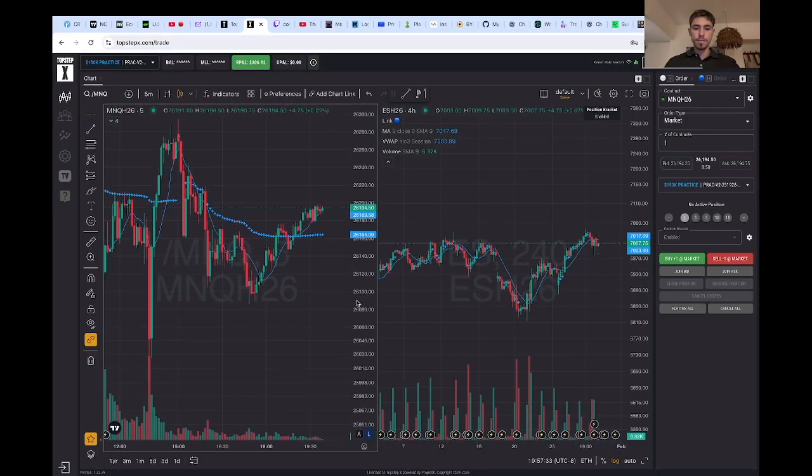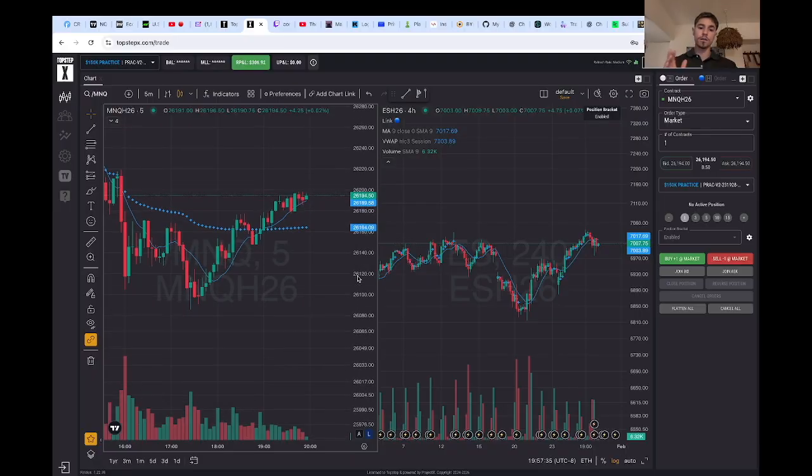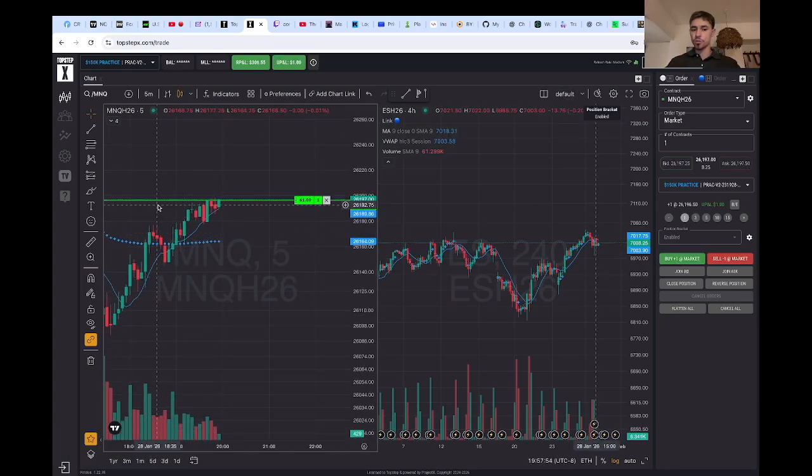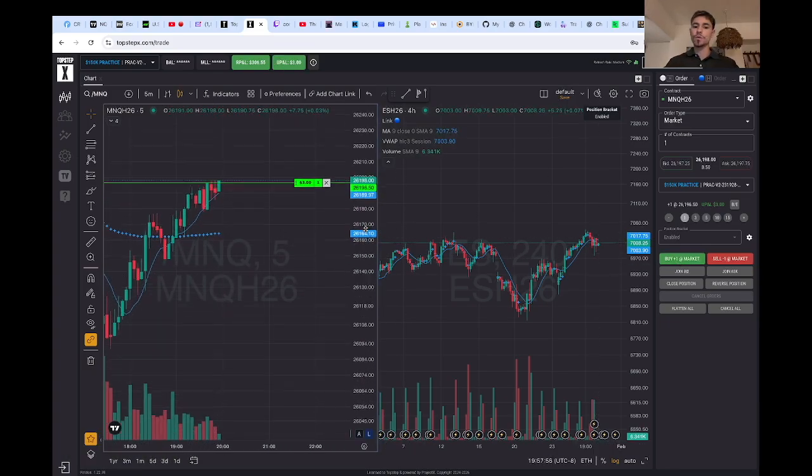Let's say I want to enter longs. Longs would be, I think the price is going up. If I want to enter shorts, then I think the price is going down. Okay, so let's say if I want to go long, I think it's going higher. I'm just gonna click this plus symbol that says buy one. And so now I'm in one contract. I just click buy. And so wherever that line is drawn across is the price you entered.